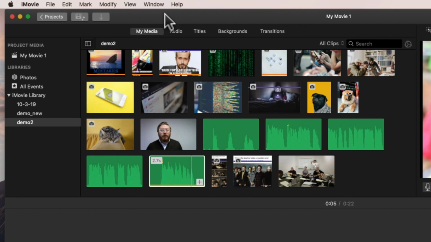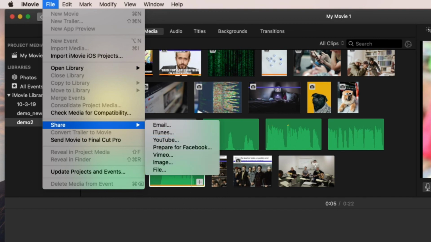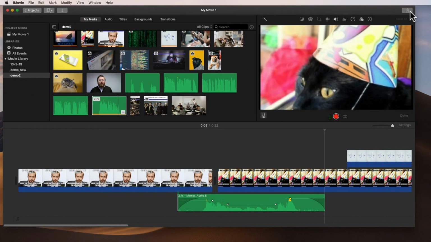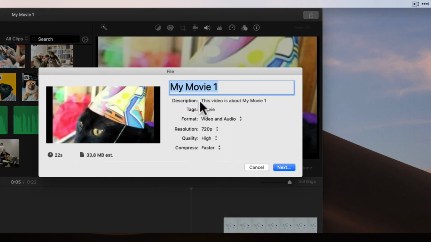But let's say you're completely done. Let's go through that first and export. If you go to File, there's no export. There is a share though, and you can see right here, here's your share options. It's also up on the top right corner. You can see share. If I hit share and I click on File, then it's going to give me a file that I can use to turn in digitally. Type in your name,